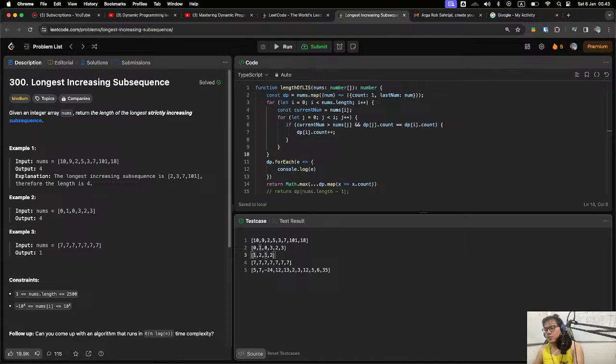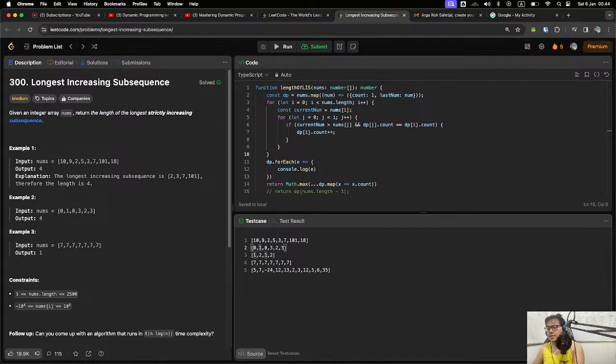Basically we add 1 because we know that previously the 0 index has a length of 1. But because we introduce a new element, which is 3, we now have a length of 2 for the longest increasing subsequence. And then we go to the next elements as well, up to the element just before our current element.